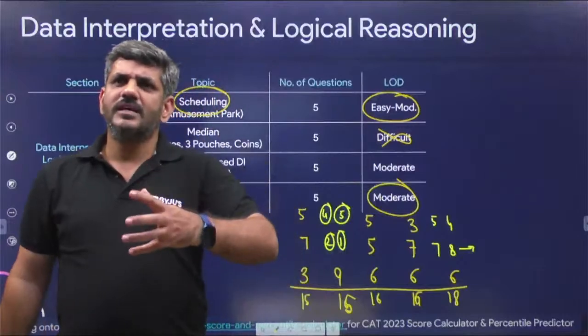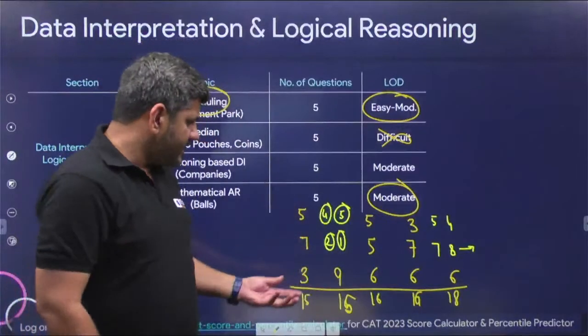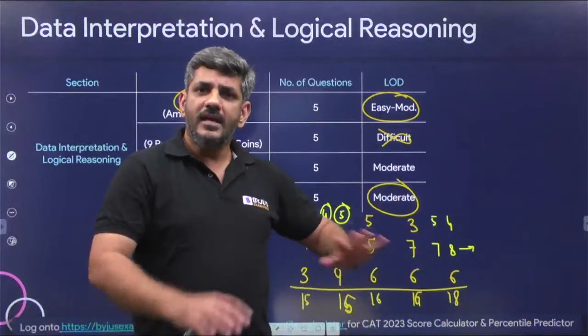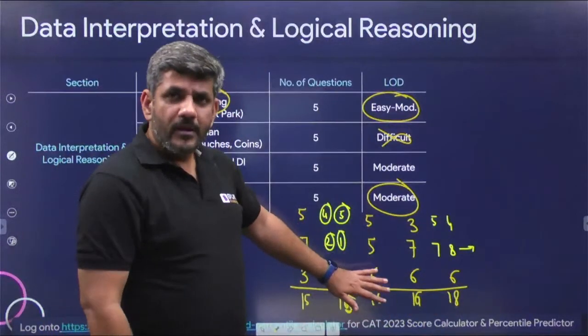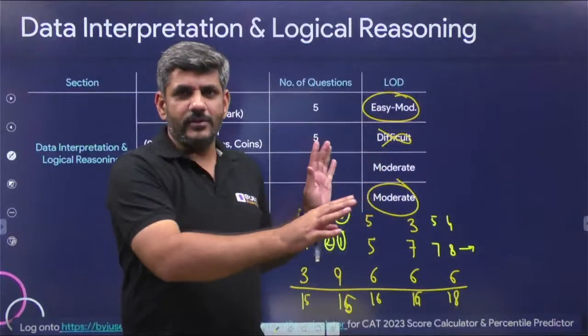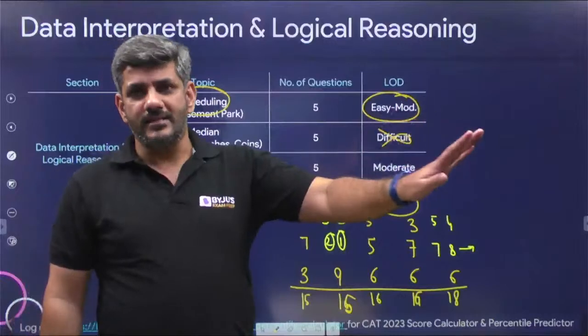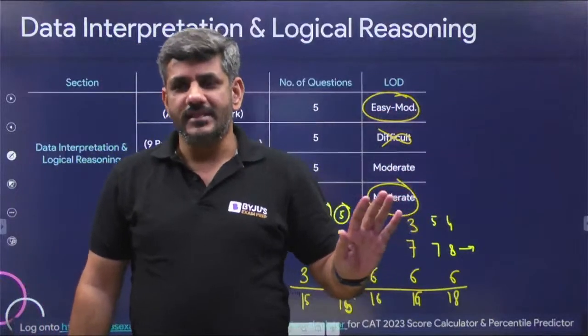Because some of the key things, when we get them, like we have got 3 9 6 6, we got 15 15 16 16. If a person would have reached this point, probably they would have got the other data as well. By that logic, I am saying that if you have reached this point, probably you have got the right answer. Then you must not have made some mistakes, in my opinion.